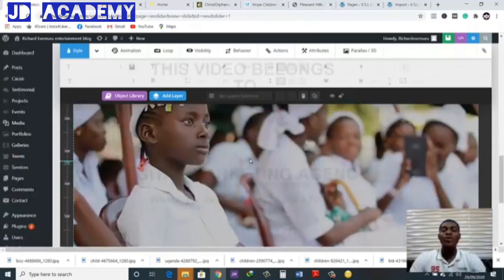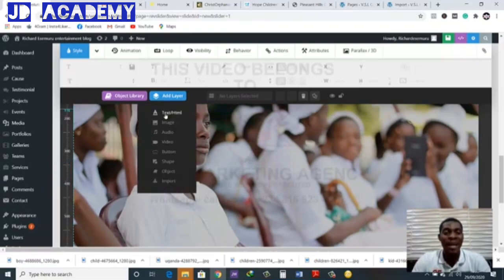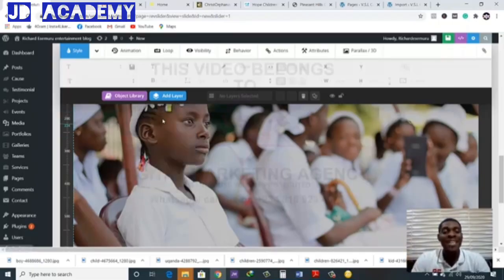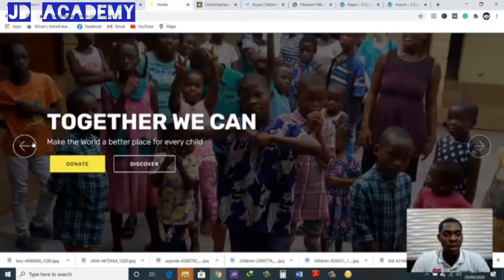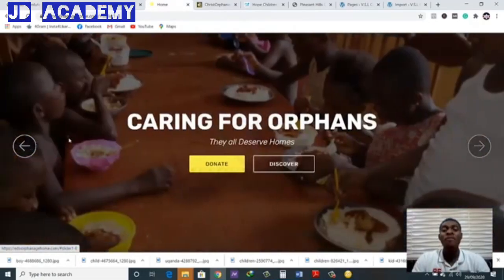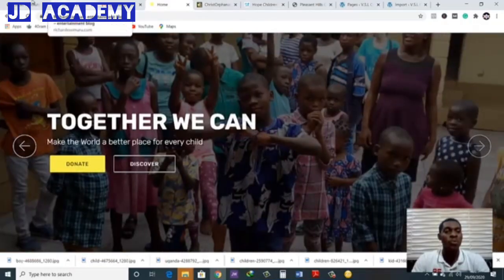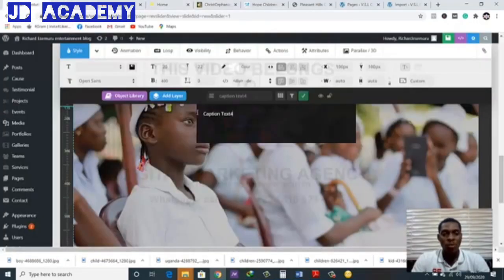So now, remember I want to bring in that write-up. And for us to bring in that write-up, we just have to click on what? Add layer. Once you click on add layer, you can add text, images, audio, videos, button, shapes, objects, and you can also import a layer. But I'll be showing you how to use most of all of these to make sure it looks very, very perfect. So please just follow through. So we're adding a text now. The first text we're adding is: Caring for orphans. They all deserve homes. So write down